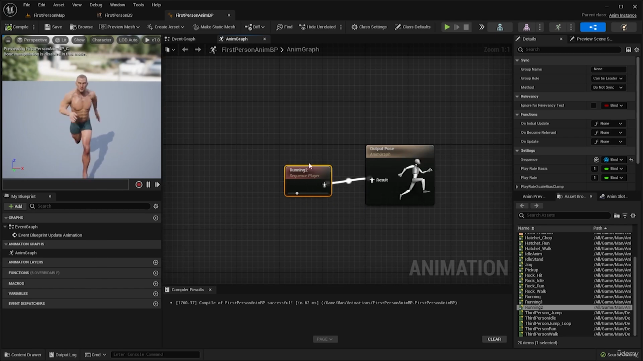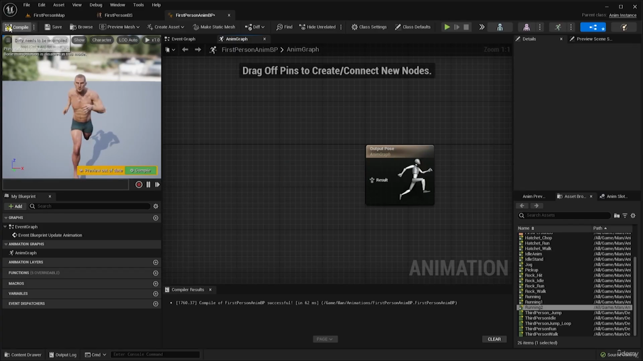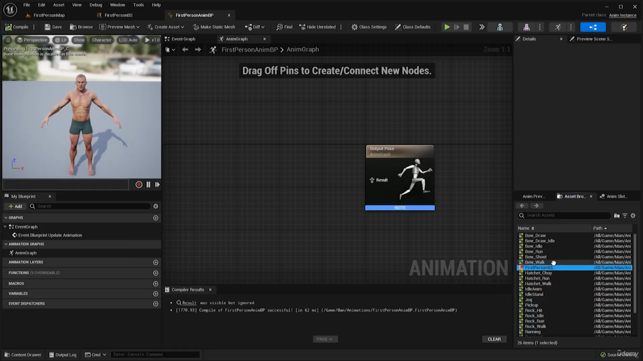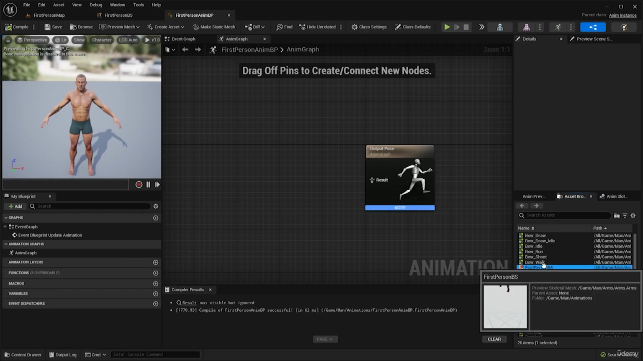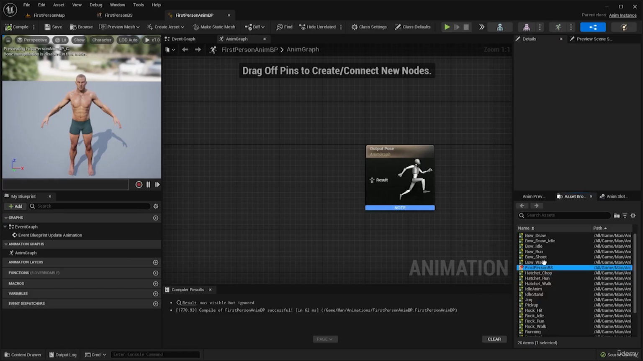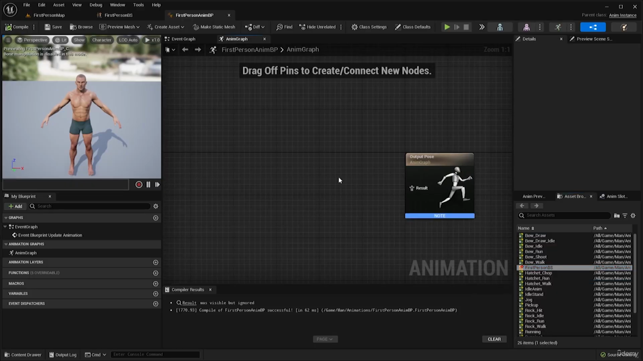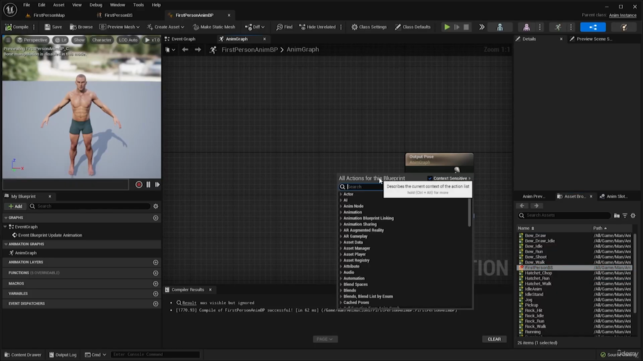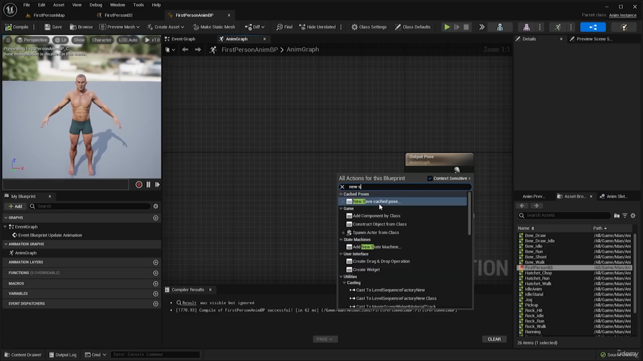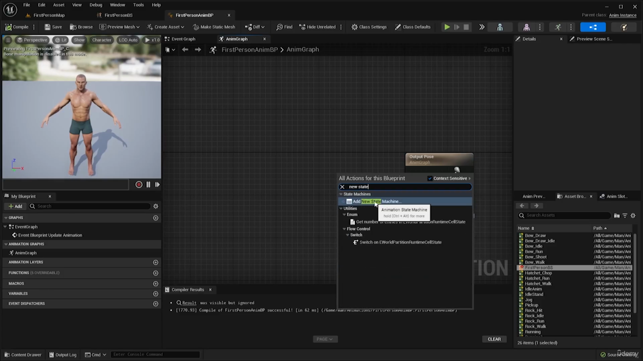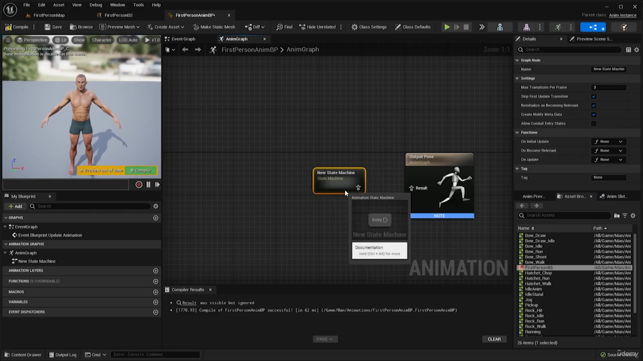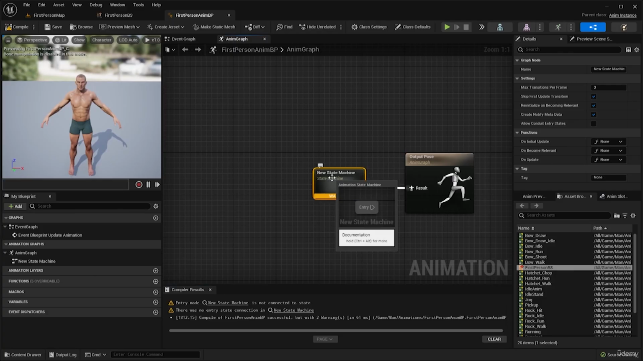Now what we want to do instead of this is we want to bring in our first person blend space, and the animation blueprint will allow us to set that speed that will control our blend space animation blending. So first thing in our animation blueprint is right click. You see we have this little menu. We're going to search for new state, add a new state machine, and then we're going to go ahead and hook this node up to the result, compile, save that,